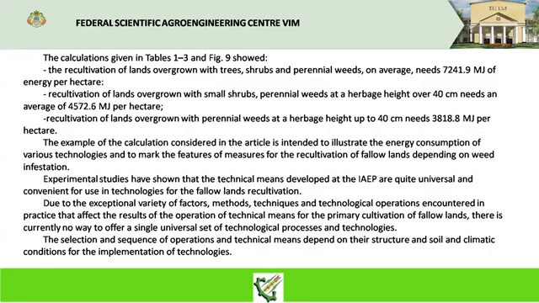Experimental studies have shown that the technical means developed at the AIAE are quite universal and convenient for use in technologies for fallow land recultivation. Due to the exceptional variety of factors, methods, techniques, and technological operations encountered in practice that affect the result of the operation of technical means for the primary cultivation of fallow lands, there is currently no way to offer a single universal set of technological processes and technologies. The selection and sequence of operations and technical means depend on the structure and soil and climatic conditions for the implementation of